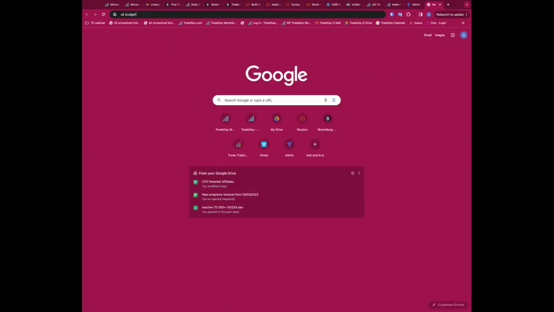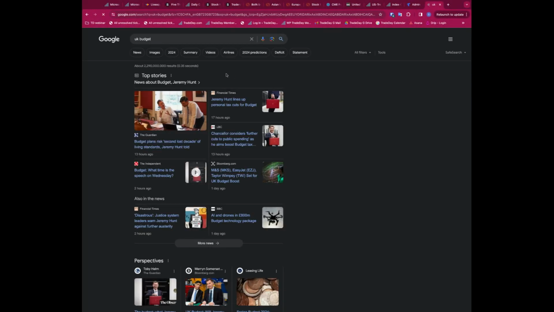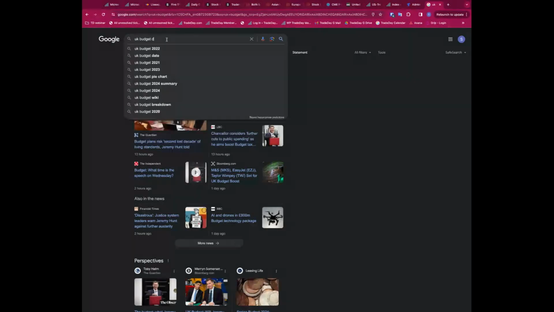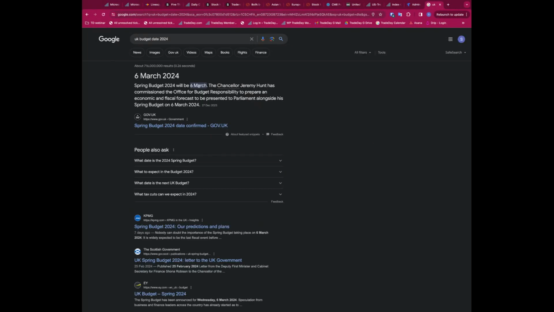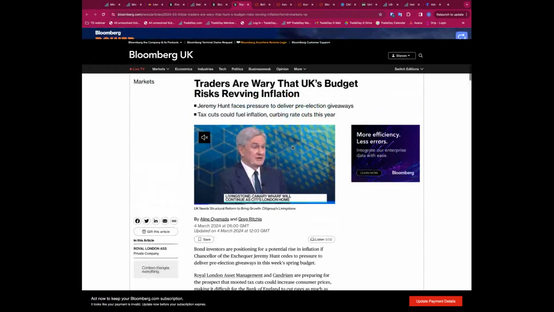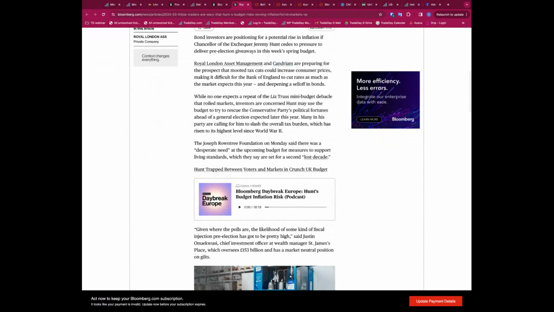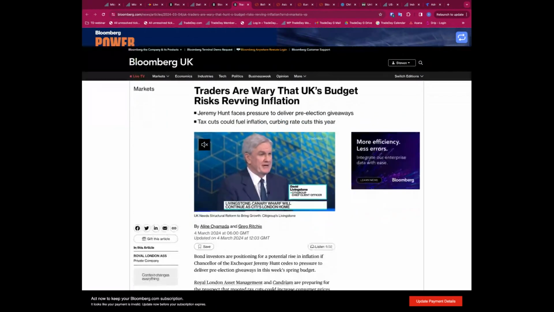I know you guys are mostly trading US stock indices, but this can have an impact if we do get something significant. So 6th of March, so yeah, it's Wednesday, that's what I thought. So Wednesday is the budget, and we're watching out for potential moves. We're not expecting too much, but if we do see some significant moves in the UK budget, it could push the UK and European stock averages one way or the other. And if we do get that, then in turn that can move the US stock indices. So watching out for that on Wednesday.